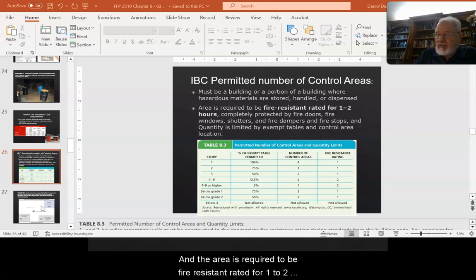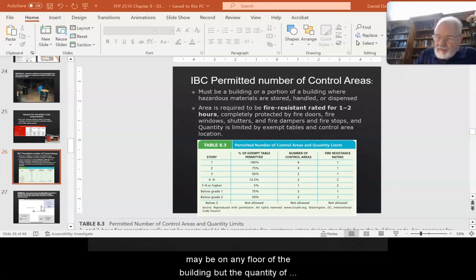and the area is required to be fire resistant, rated for 1 to 2 hours, completely protected by fire doors, fire windows, shutters, and fire dampers and fire stops, and the quantity is limited by exempt tables and control area location. A 1 to 2 hour fire separation wall must be constructed to the appropriate fire resistant rating design standard from the building code. Any openings for doors and windows must also meet the proper fire resistant rating and be